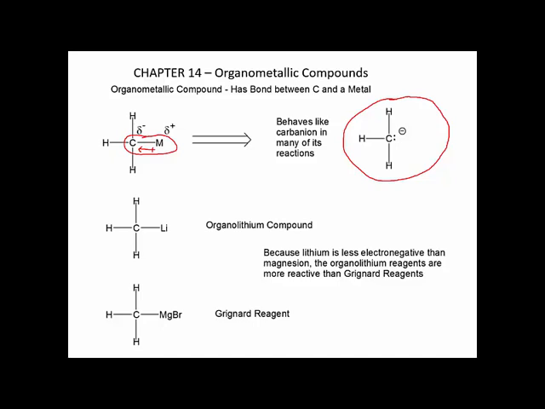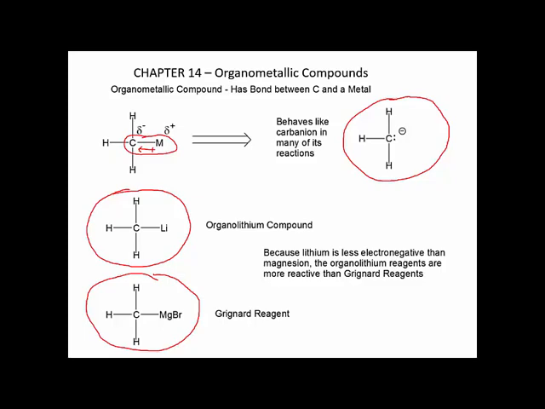An organolithium compound, exemplified here by methyl lithium, and an organomagnesium compound here. Recognize that magnesium's in the second column of the periodic table, so we have to have this bromine here to